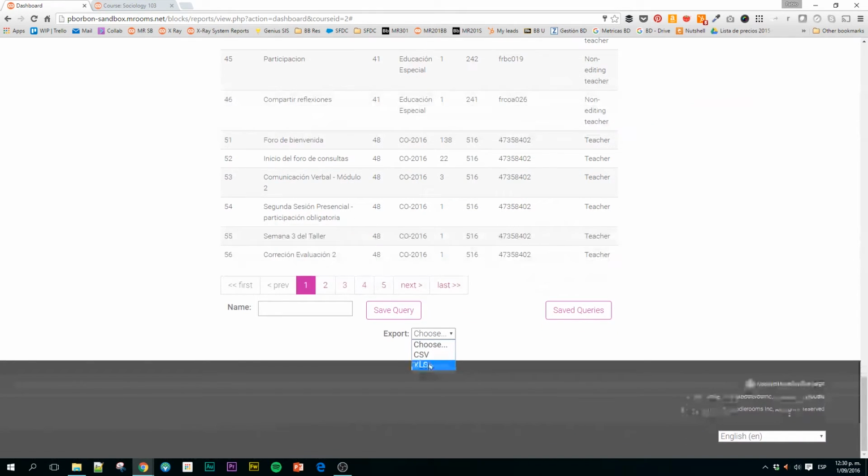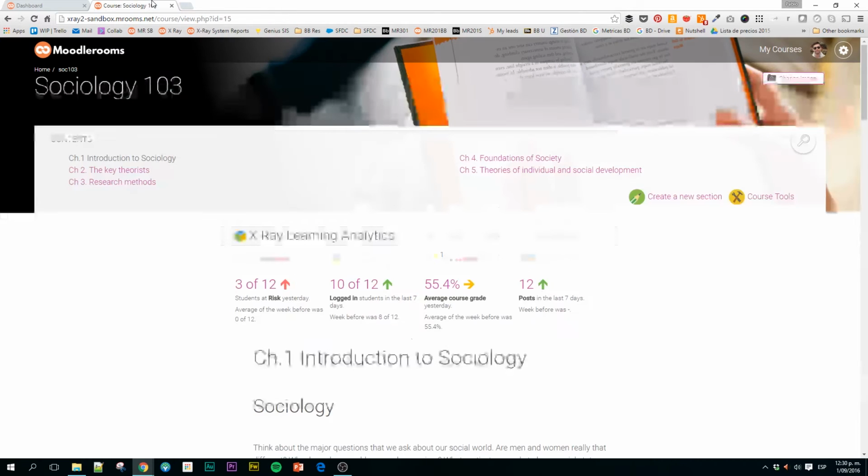The second approach that Moodlerooms has to support instructors to make data-driven decisions is data mining via X-Ray Learning Analytics. X-Ray helps instructors to understand, diagnose, and act early on the course. This way, they can adjust contents and interactions to increase success rate and learning. This is achieved by using advanced prediction and classification algorithms, statistical modeling, and the latest data visualization techniques on 4